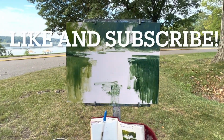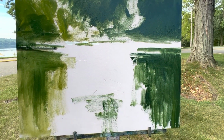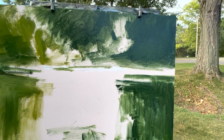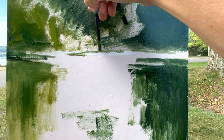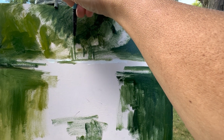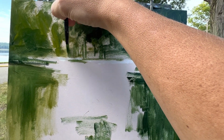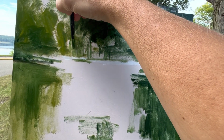So what I am doing now is I am suggesting in where these boats are on this far tree line, because we need to establish where the boats are before we do that water line. I'm just going to kind of block some of these boats in real rough because it's hard to see. So we're going to leave a little bit of the underpainting, a little bit of the white. And then we'll come up in between some of these boats. And as we come up, we're going to leave a couple areas here that are like the top of the sails. So what we want to do is just create the illusion that we have these boats here. And the way to do that, of course, is suggesting in what is far away. Okay,